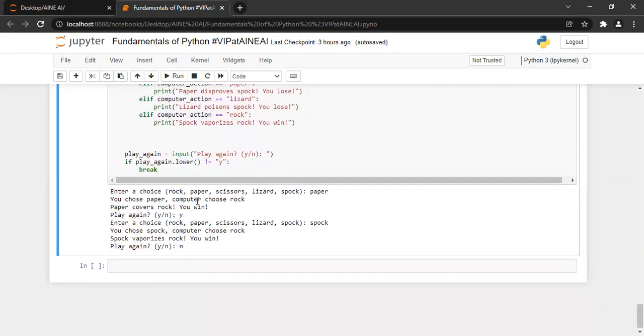For example: enter a choice, rock, paper, scissors, lizard, Spock. The user inputs paper, but the computer chooses rock, and paper covers rock. It means the user will win. After that, the yes or no question is asked of the user: do you want to play again or not? The user inputs yes,